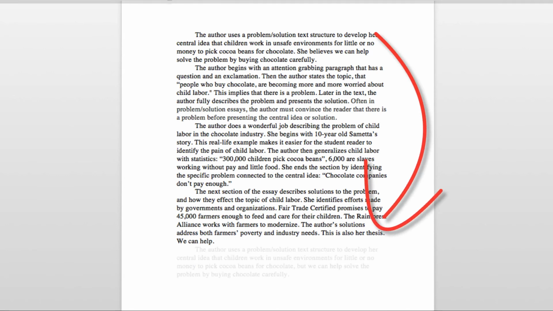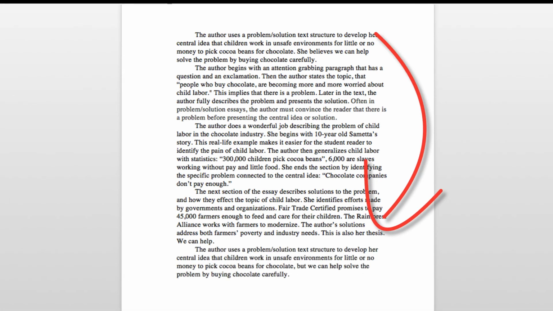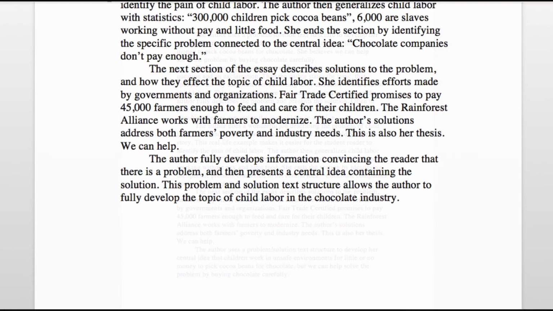A younger writer will repeat the information from the opening paragraph. An older writer will also echo the opening,